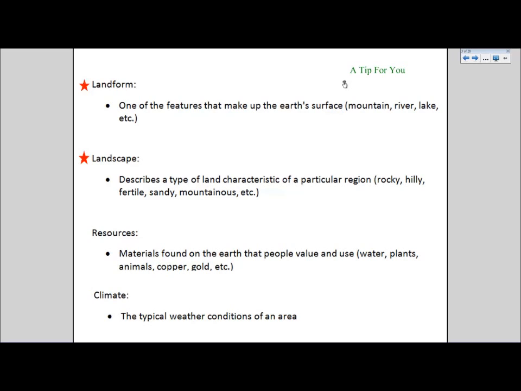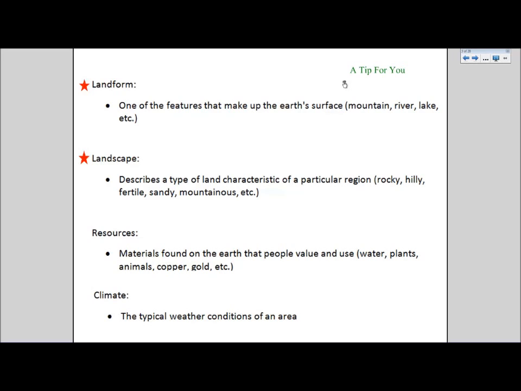Landscape is more like what's scattered around an area. Think of scape and scattered. It is sandy or rocky or hilly. It's scattered all over. It's what type of land there is. If we used our classroom as an example, our carpet would be the landscape and each desk would be a